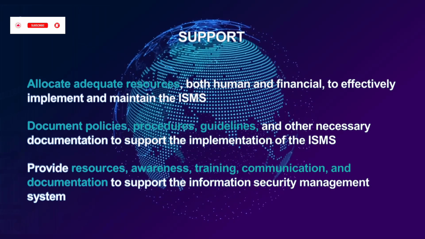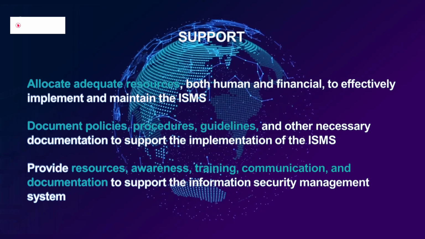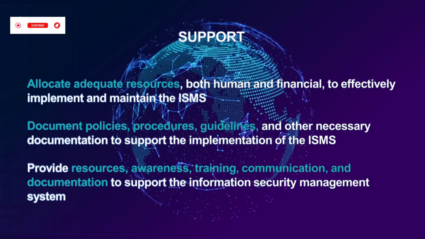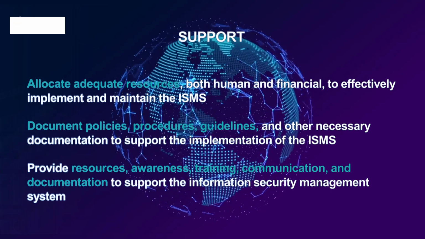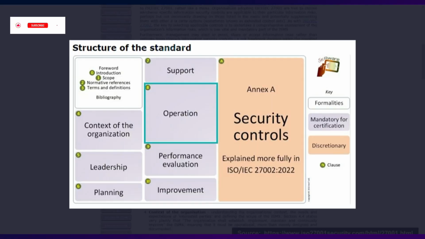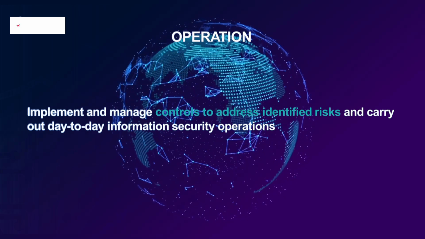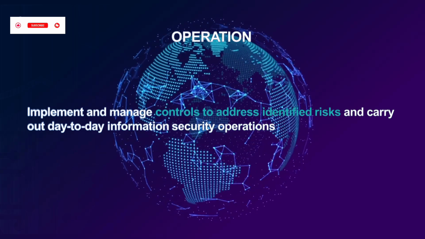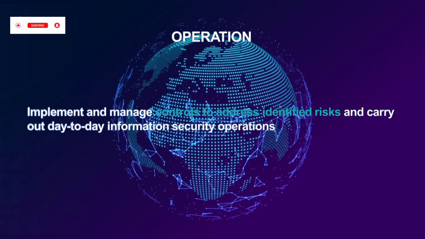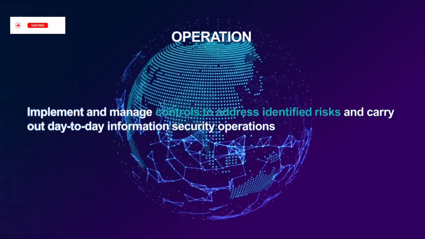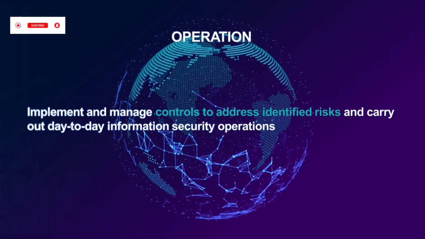So sometime we call this operations and maintenance, but this is operation according to ISO IEC 27001. Operation is when we implement and manage. We are just going to implement and manage controls. So now we know the controls, we want to put the control in place, we have our implementations, and now we are managing those controls to make sure that they are answering all the risks, that the treatment or the response was correct, and that the system is able to carry out its day-to-day operations.